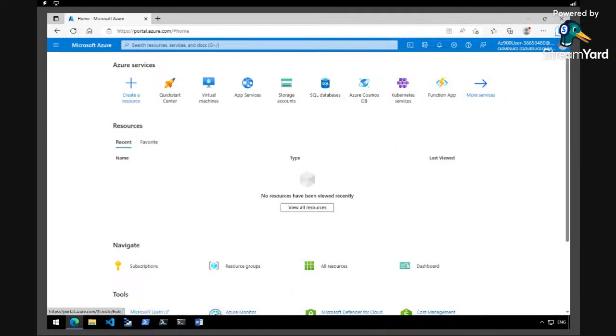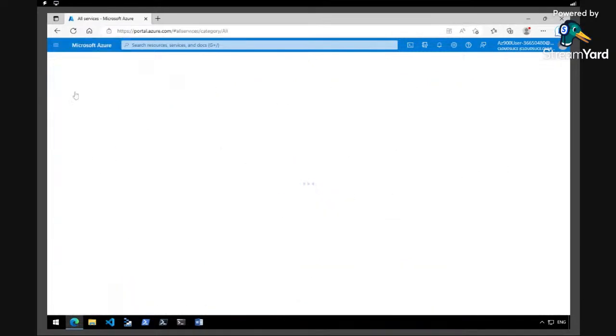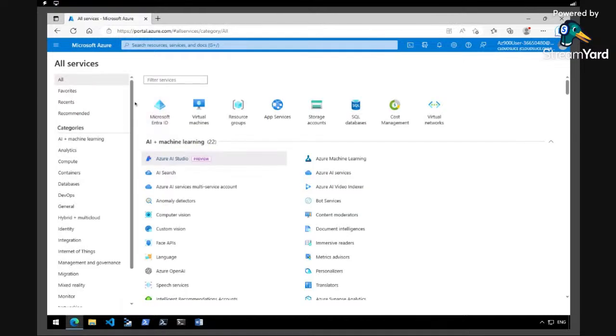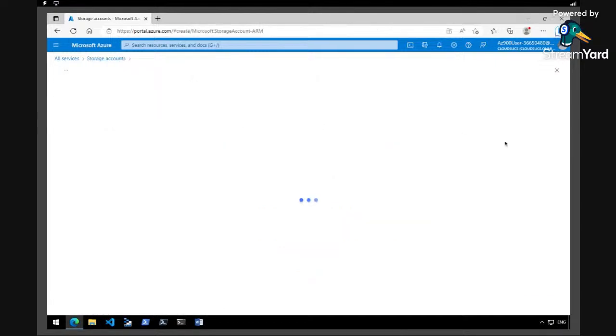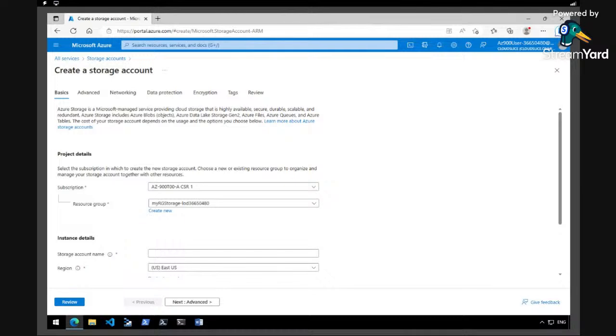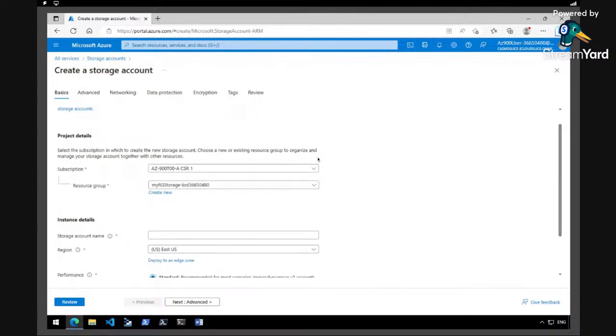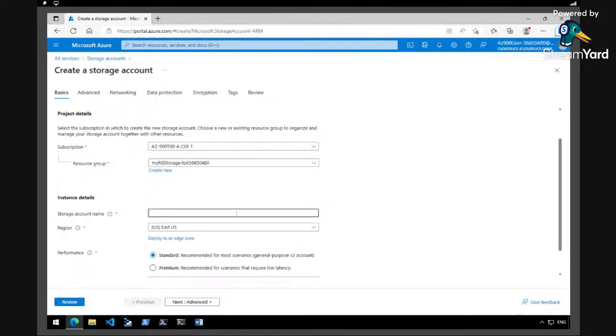Alright, so let's go to the three lines up here. We're going to go to All Services. We are going to select Storage Accounts, and then we're going to select Create. And here on the Basics tab, we are going to start filling in information. We're going to leave some stuff as default, like the subscription, the resource group. Our storage account name is going to be